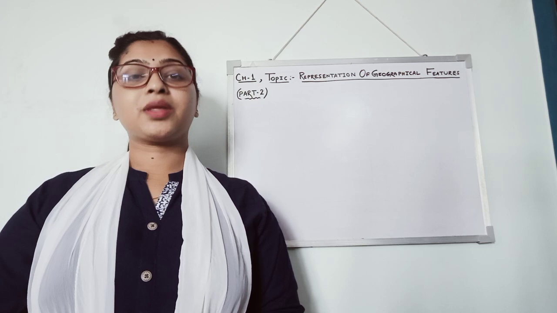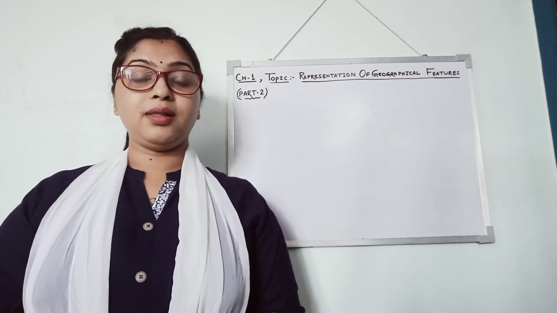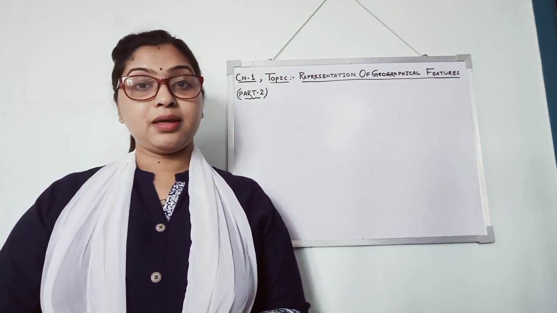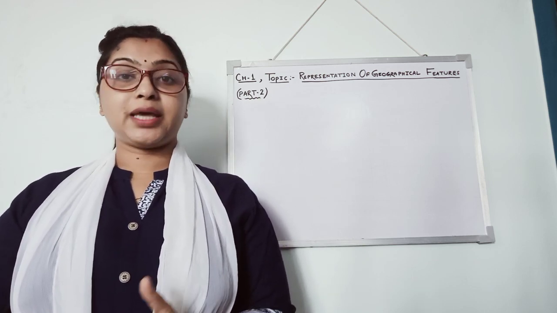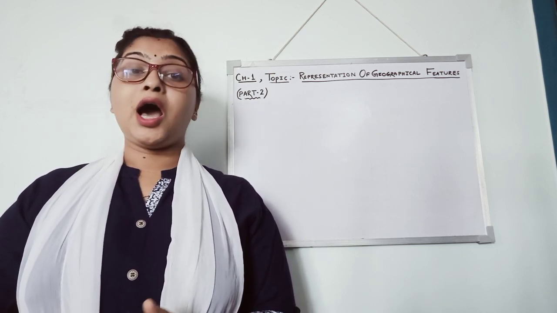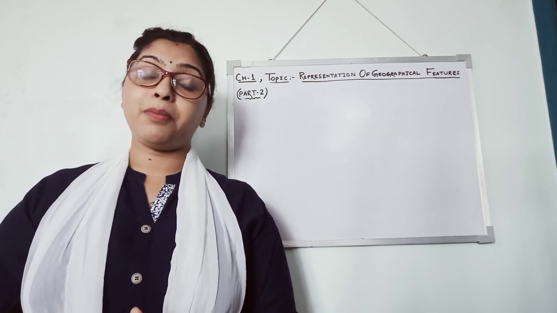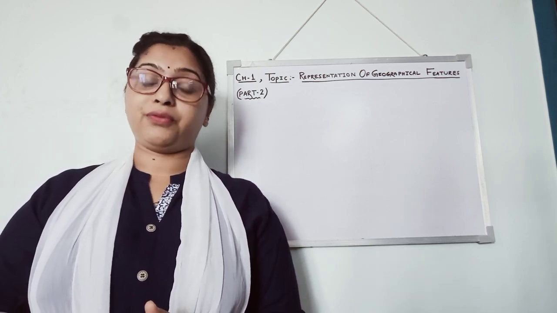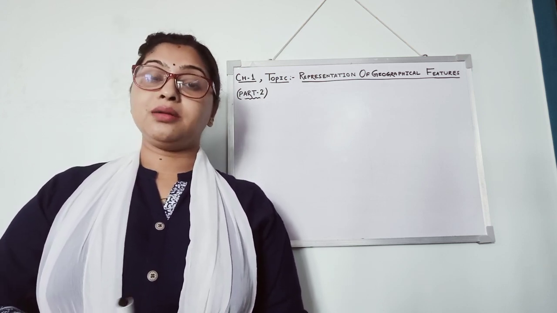So let's start. Before going to start, first we should recall whatever we have discussed in the first part. In the first part, I explained the definition of map, the methods to indicate scale, the types of scale, large scale and small scale, the topographical map, and how to locate any feature in the topographical map with the help of grid, eastings, northings and the four-figure grid reference. Till then, we have learned. Now, I will start after that.